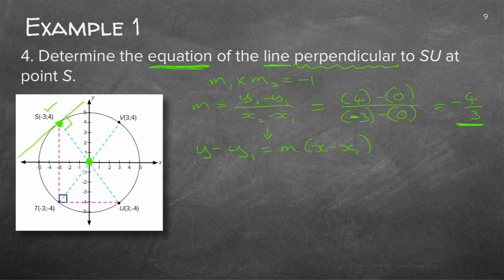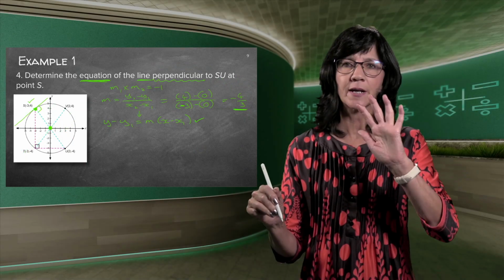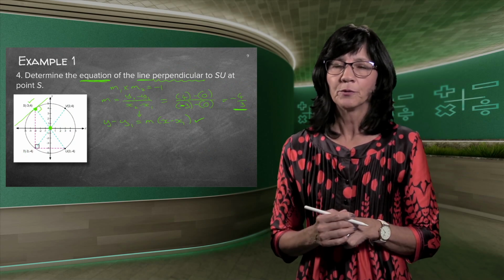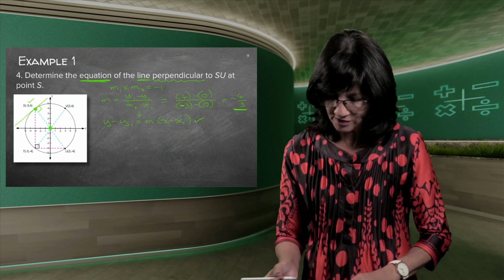It's just like your gradient formula. It's just now we've got only 1 point, so there's not an x2 and a y2. There's only an x1 and a y1 and the normal x and y. And I didn't want the fraction, so I multiplied by the fraction, and that's why it looks like this. If I fill in everything into this formula, I get my answer straight away. So if you forgot this formula, go make the effort and learn it again, because it's much easier.